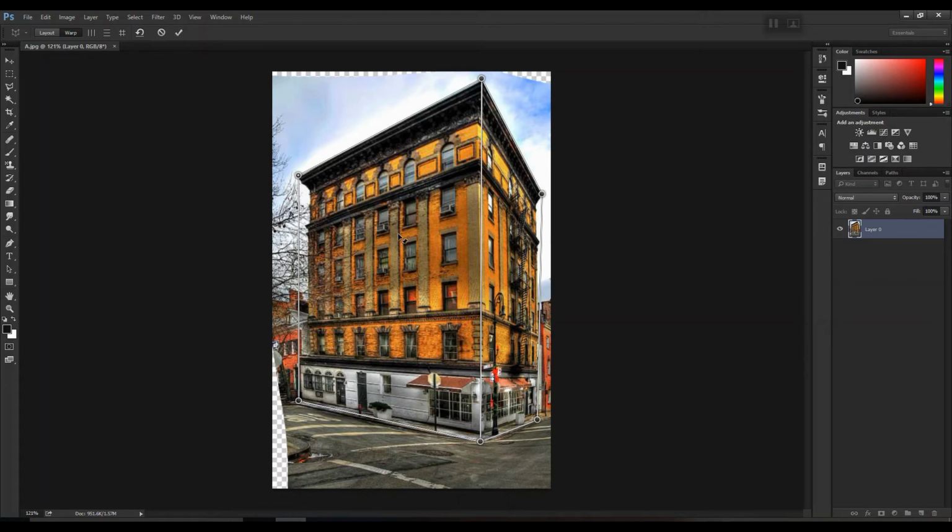After you're done with your adjustments, simply put a check mark on this particular icon, and you can see in no time it changes the perspective of the building.